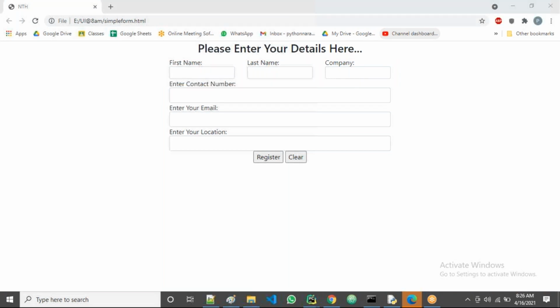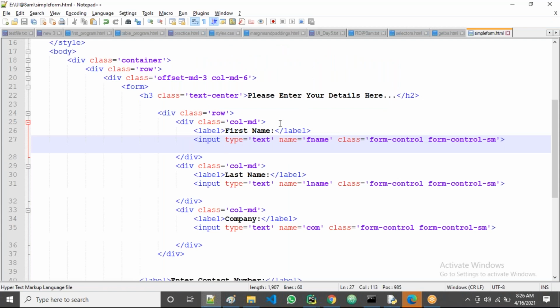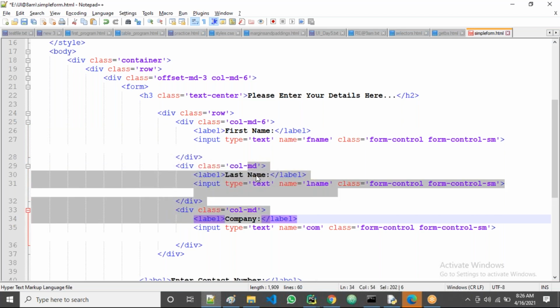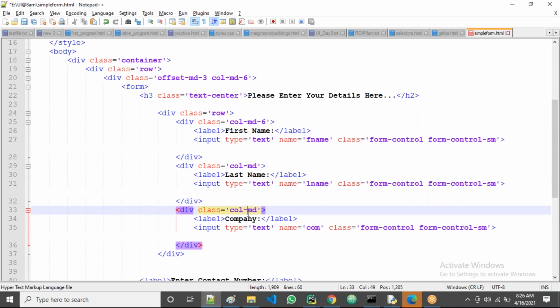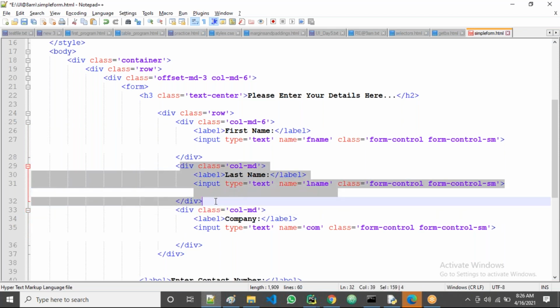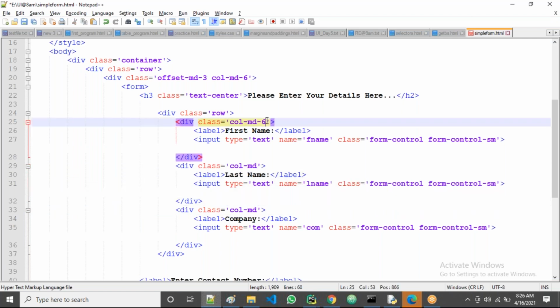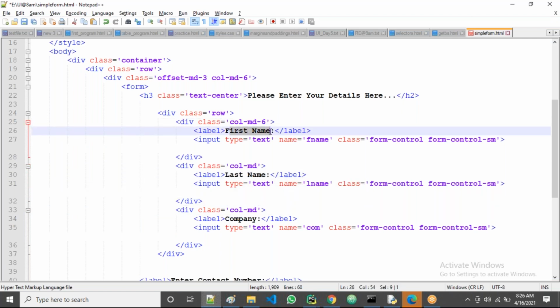Next one, guys. For example, for the first division, I am taking 6 columns. For the remaining, like last name and company, I am not giving the number of columns. So how many does the second and third occupy? Tell me. Already 6 columns are occupied by the first name.